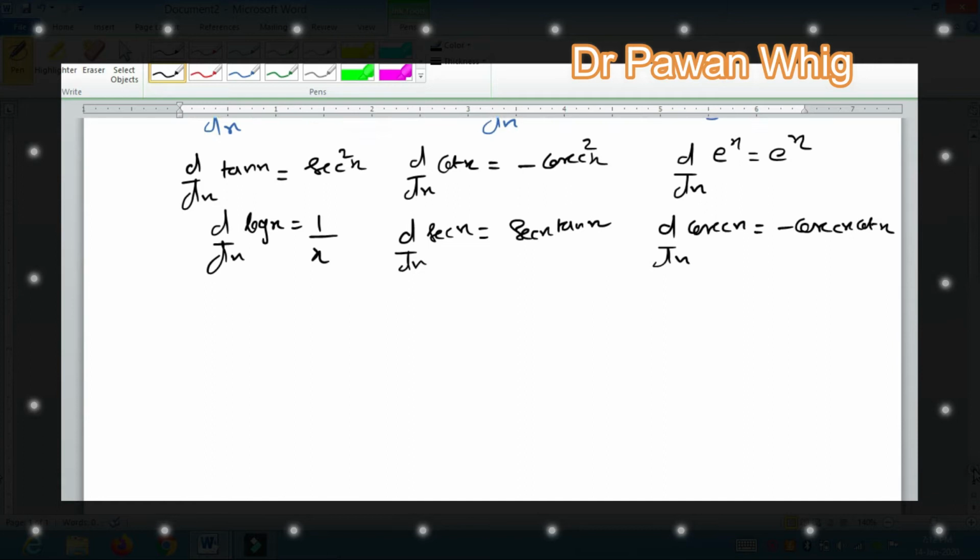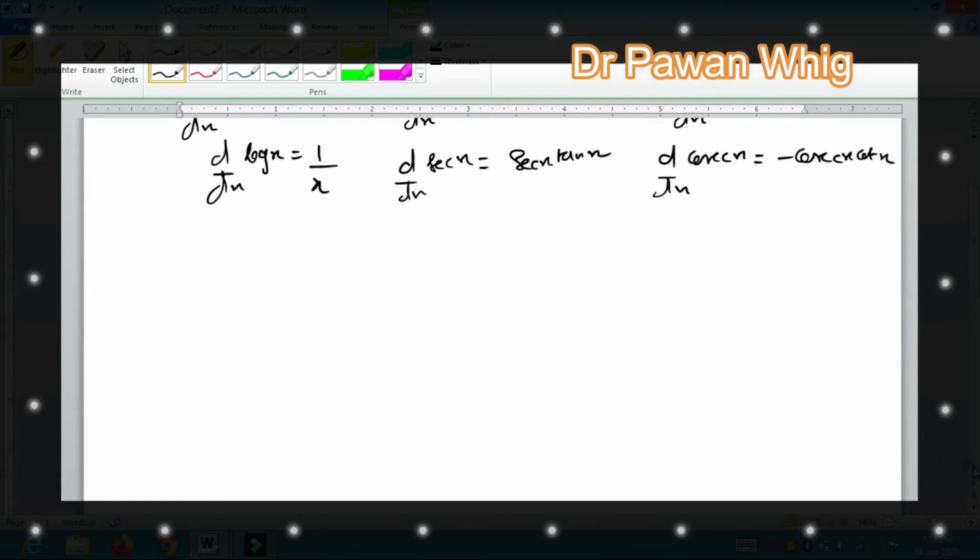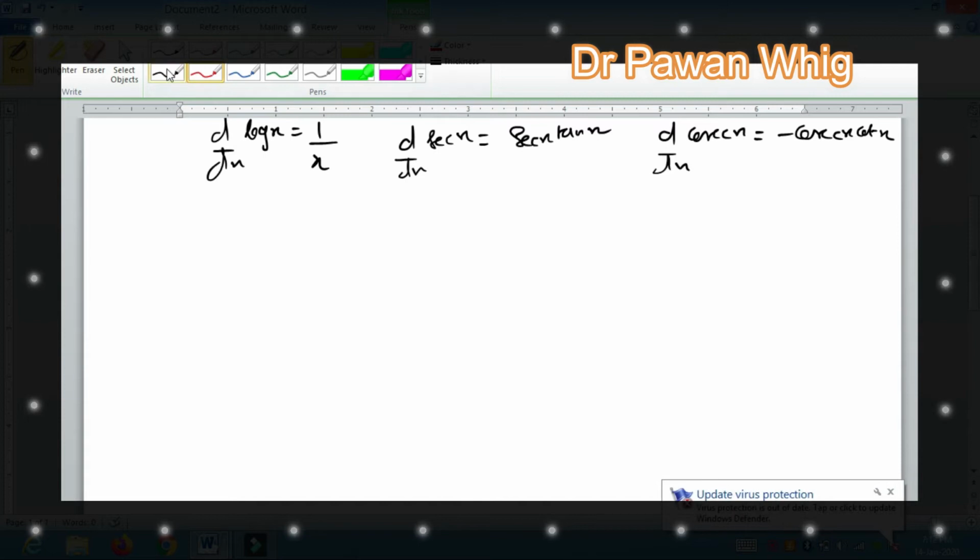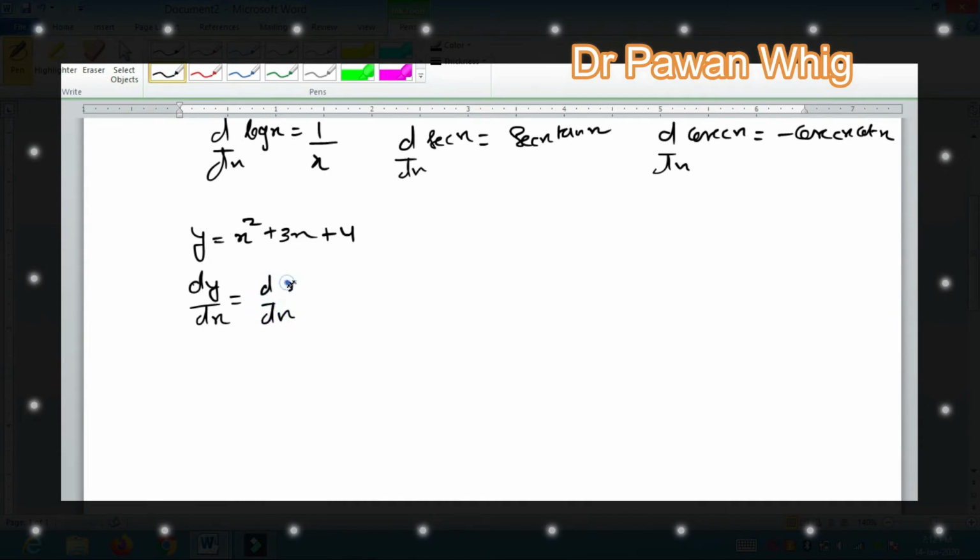Today we will do some basic questions on differentiation, how differentiation is involved. See, the very basic questions sometimes asked is to differentiate this term. So to differentiate this term, we have to do the differentiation dy by dx of the whole expression: dy by dx of x square, and then we have to differentiate dy by dx of 3x and then differentiate 4. At the initial level, when I am doing this question first time, I'll write d by dx with every term, but later on you can remove it, you can do the differentiations in one go.